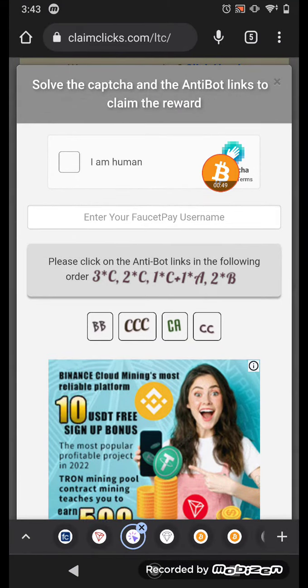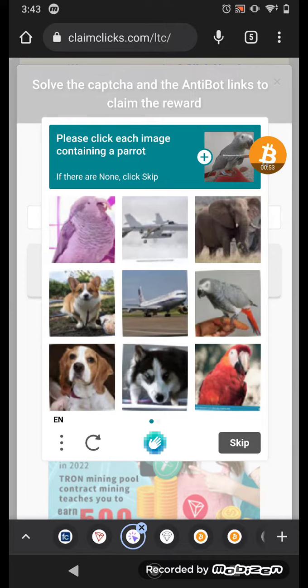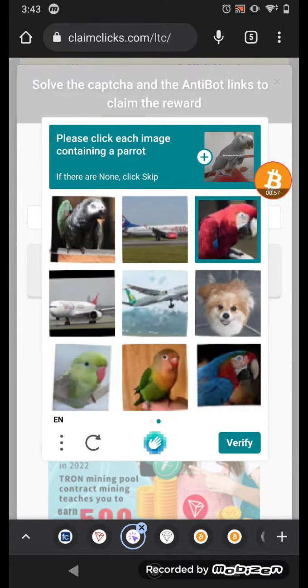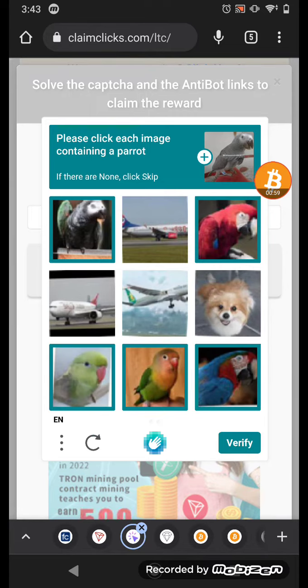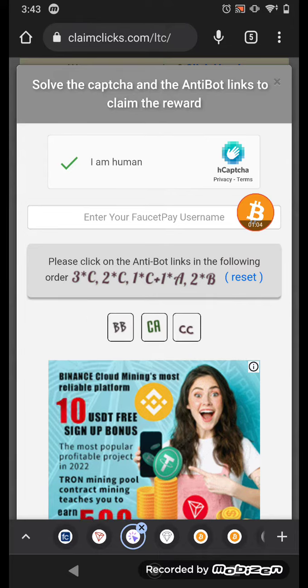Right now, first of all I solve a captcha here. After solving the captcha, it's not a hard captcha, it's an easy captcha to show you. Just click it, solve it. Solve this captcha, it's a 3C